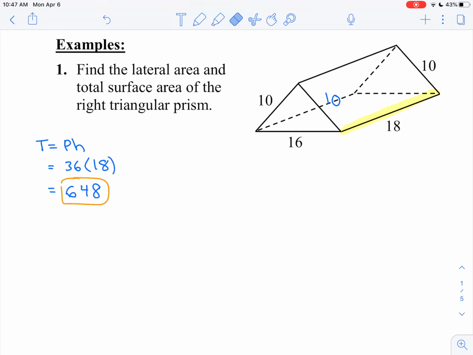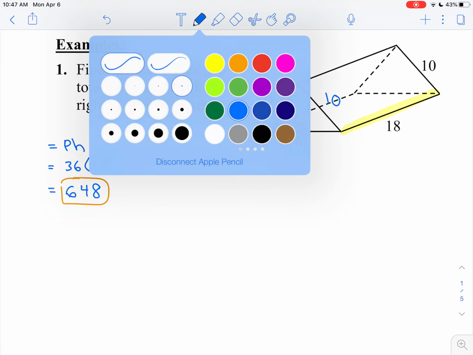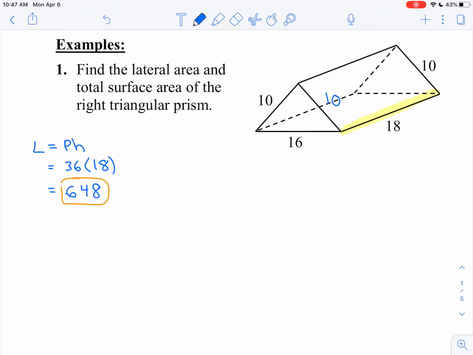Oh, guess what I did, people? No one was here to call me out on it, so sorry. Let's go back a second. That's okay, we all make mistakes. So lateral area is perimeter of the base times the height. So what we found right now in that picture, we found the 3 rectangles. So now the total surface area,